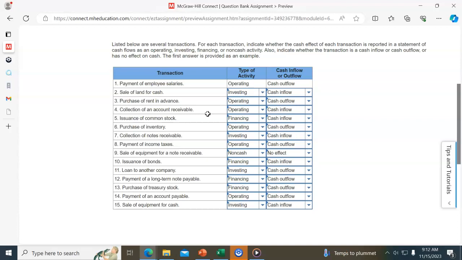Collection of an accounts receivable, again, it's a current what? Asset. It's an inflow, and it's operating. Issuance of common stock, financing, inflow. Purchase of inventory,